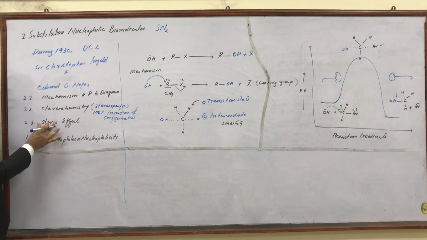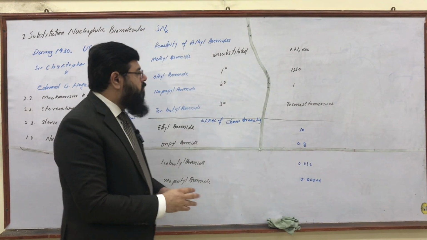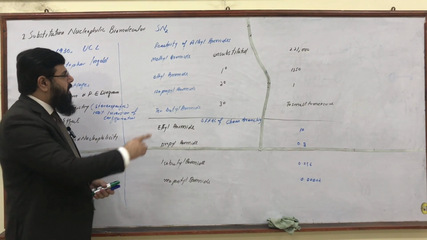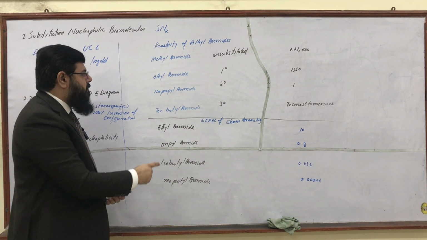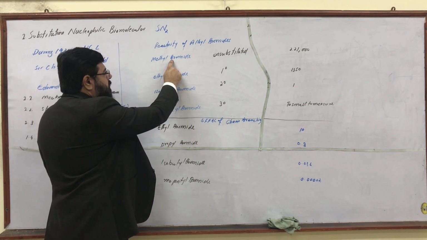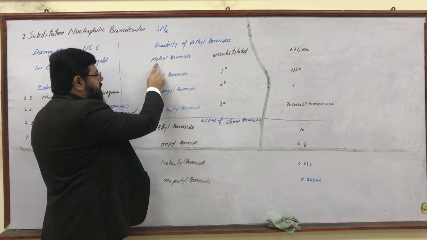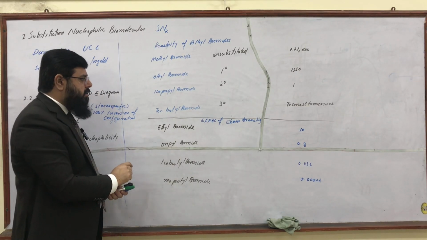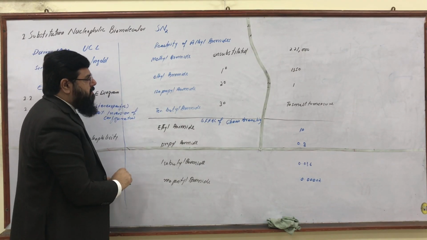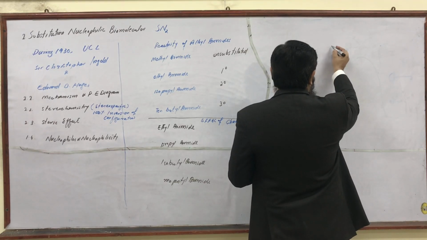So the next point that we shall discuss in this lecture is the steric effect. Now we are going to compare the reactivity of alkyl bromides for SN2 reactions. Here we have a set of 4 alkyl halides. The negative part is common, that is the leaving group, bromide, bromide, bromide, but the alkyl chain is different for these 4 alkyl bromides. First one is methyl bromide, that is a very simple case. There is no branching, unsubstituted. We can simply write this molecule like